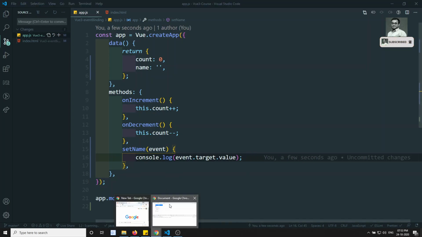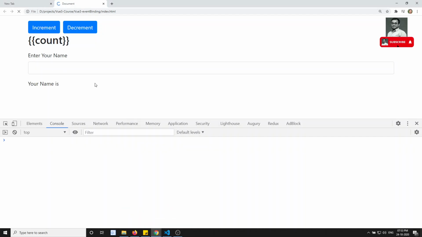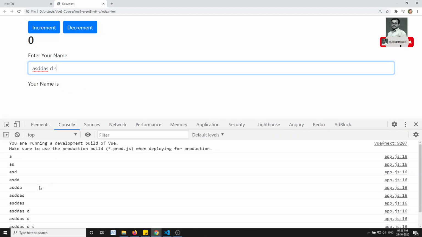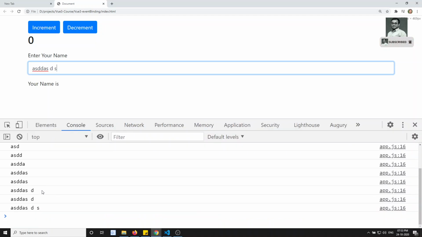If I try to see the output here, if I refresh this one and if I try to enter, you will be able to see the output. See, whatever I am writing here, you'll be able to see the output. Okay, so now we got the data, and how to highlight the data, we got it,